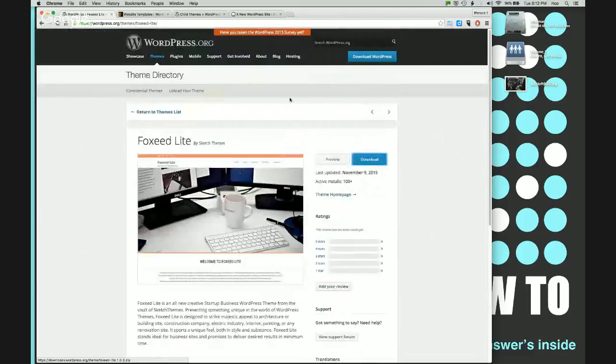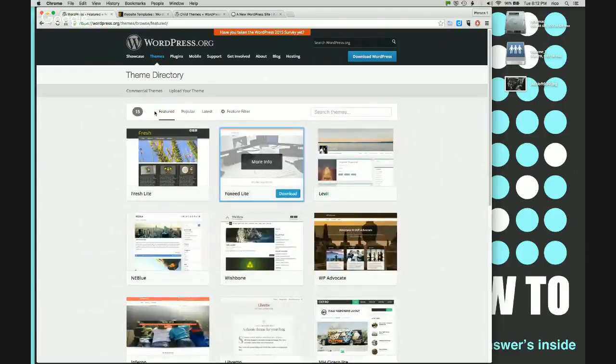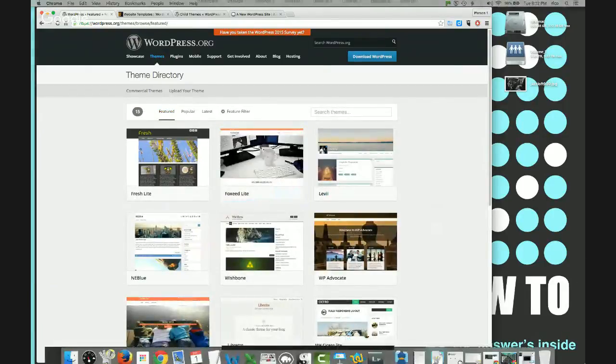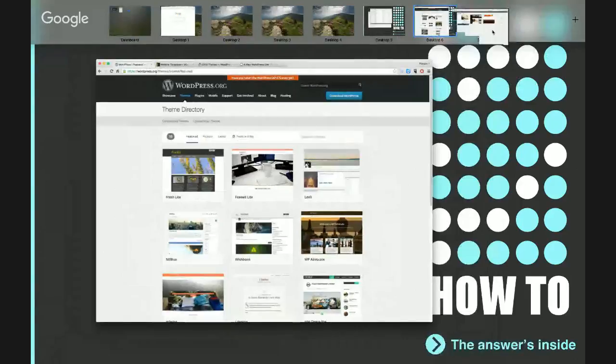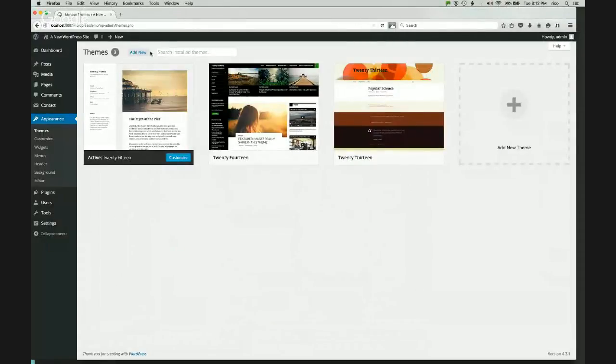Now, while a lot of people do use themes from WordPress.org, I think probably a lot of them don't find them in this fashion. They find them instead through the admin interface of their WordPress site. Let me show you. Here's another way to get exactly to where we are. I'm going to go back to this themes list. The other way to get there is right here from your themes manager. If you just click Add New,